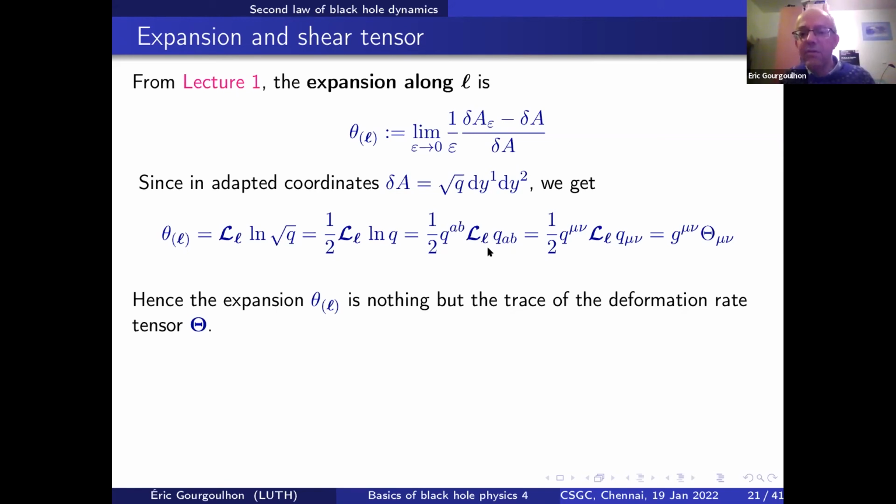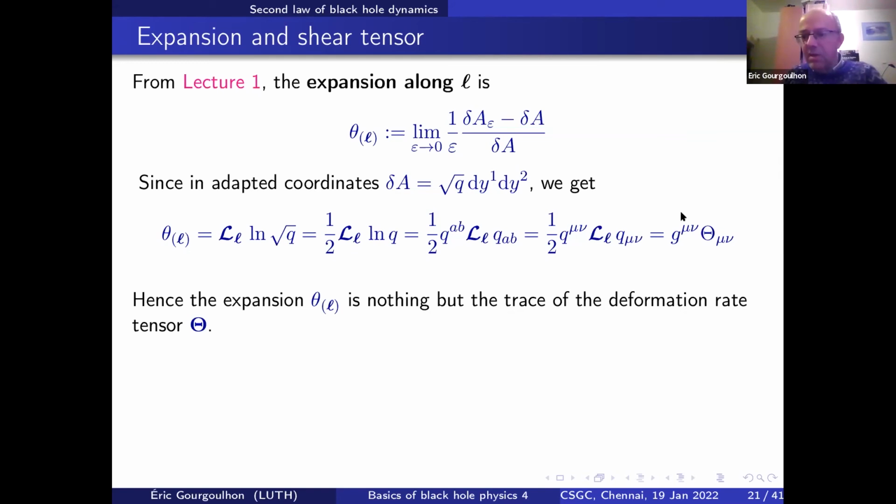Here I've written it for a Lie derivative, but it's valid for any kind of derivative operator, namely an operator which obeys the Leibniz rule. So we have this well-known formula, and then when I wrote AB here, I'm considering only indices which vary between 1 and 2. This is the surface indices, but we may extend this to the space-time indices, and then we can let theta appear here, because theta is more or less the Lie derivative of q along L. So we get this formula.